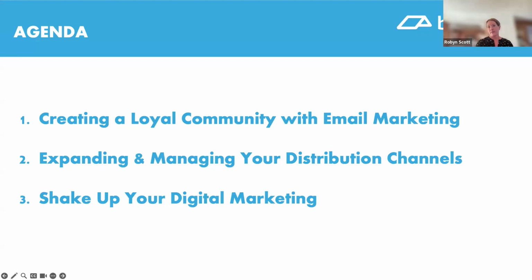We're going to be talking about distribution. I'm really looking at OTA management, frankly, differently than I probably would have said to you 6-8 months ago, and really seeing successes in how we can plan around and leverage optimal distribution. And then we're going to talk about a few things to shake up your digital marketing. That includes some AI stuff. But yeah, we've got a quick 30 minutes here.